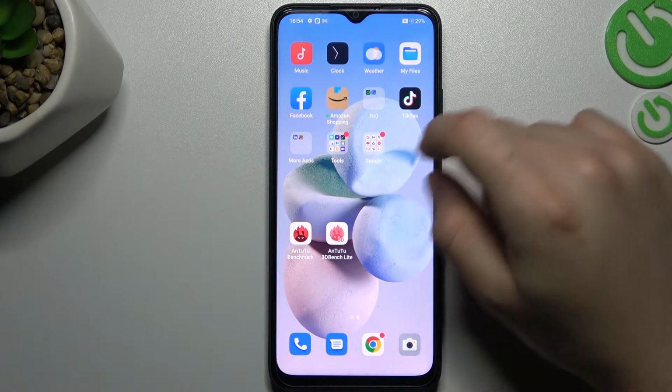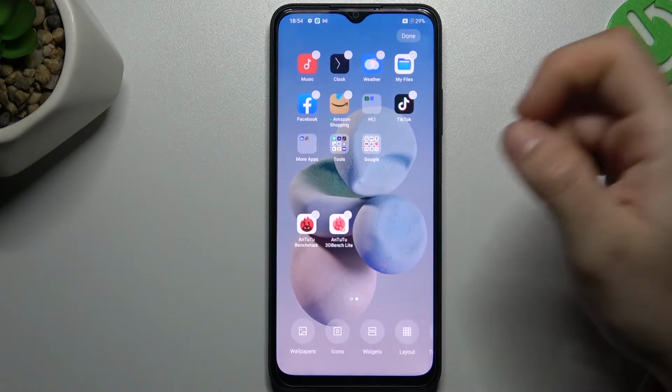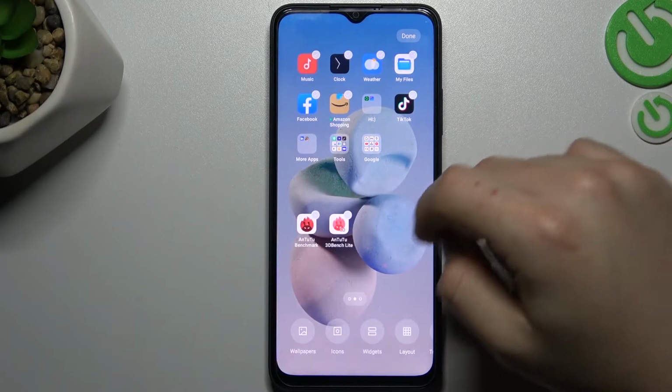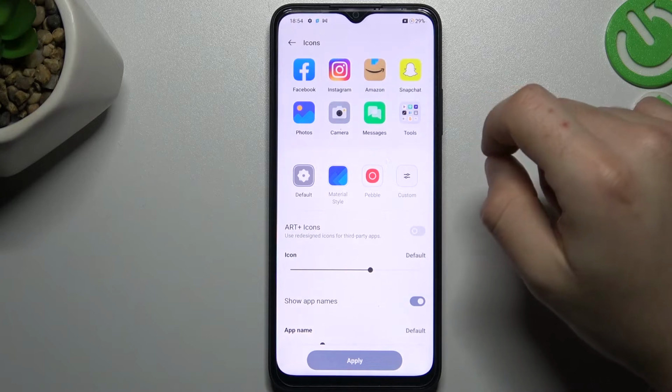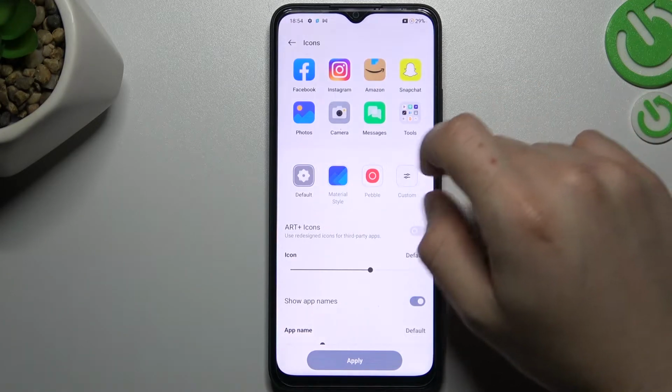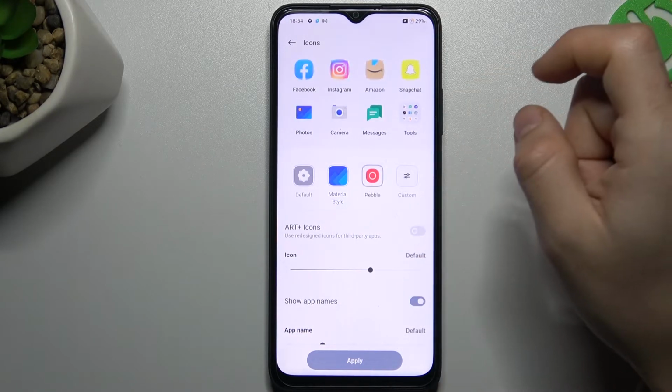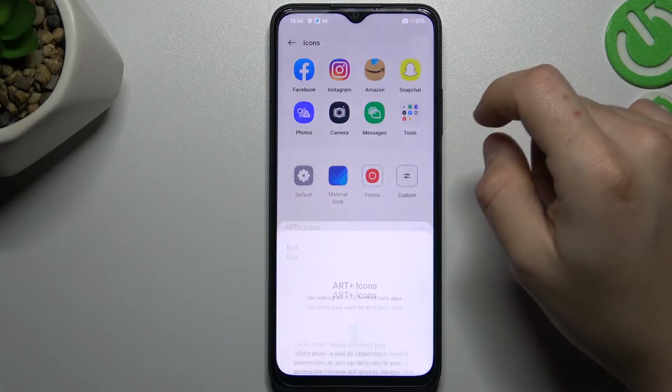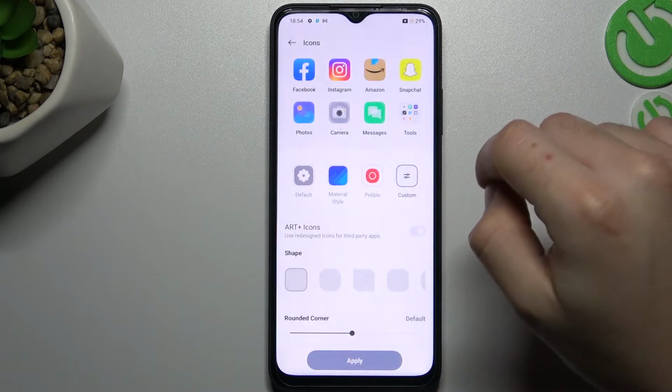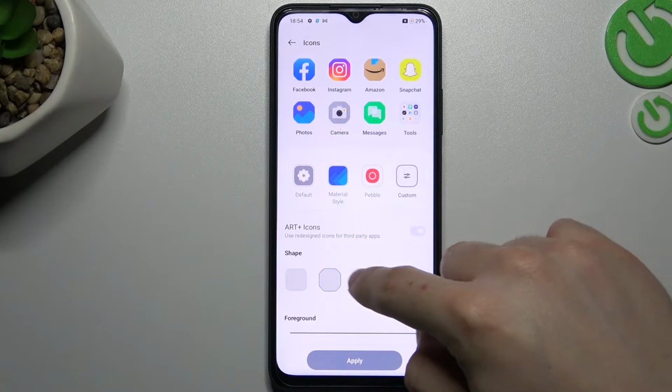Okay, to change the icon style, just hold your finger again on the home screen, click on it and choose icons. In this menu you can change the icon styles by changing the material size, variable styles, or click custom and agree. Now you can change the shape of your icons,